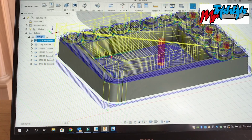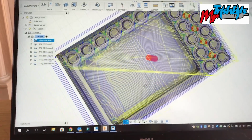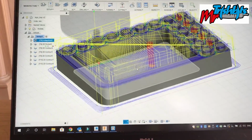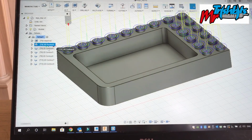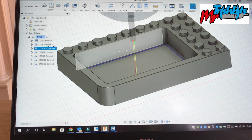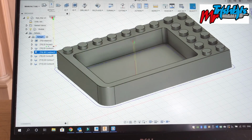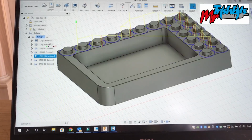So I'm going to do a 3D adaptive to begin with. That will clear out the material. It'll work its way down to the pocket, which is basically just cleaning off the tops. I wasn't happy with how they looked. Then I'm doing a contour to clean up these edges that are around here. Then a contour for the outside, so it'll work the outside. Then a contour around all these shapes, because the adaptives